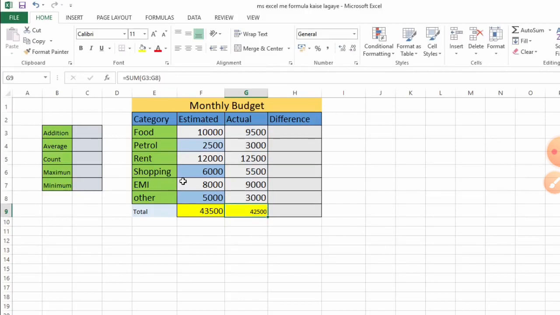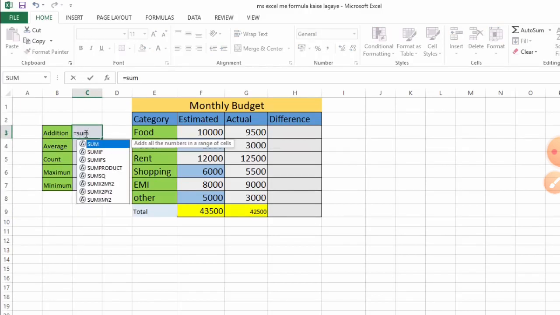As you can see, petrol, shopping and other are highlighted. If we want to calculate only these, how much we will spend on these things, we can do the addition here: equal sign, SUM, open the bracket and write only the cells you want to add.